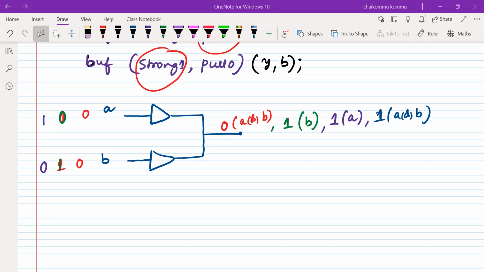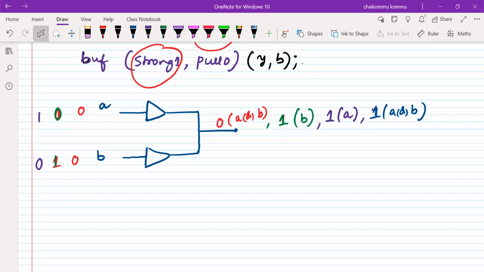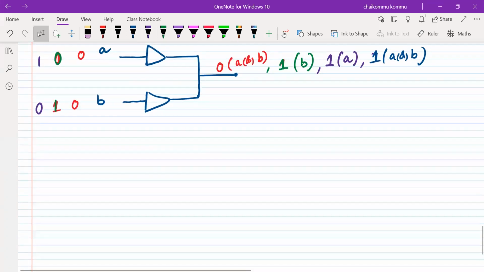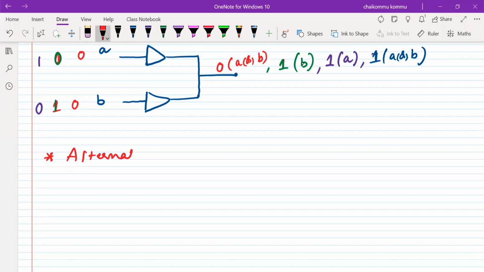Let us take another thing. In order to resolve the signal contention problem, using the strength is one choice. We have other alternatives also. We look at the other alternatives to eliminate or reduce the signal contention. We cannot always eliminate it, sometimes we need to reduce it. So, alternative ways for signal contention.